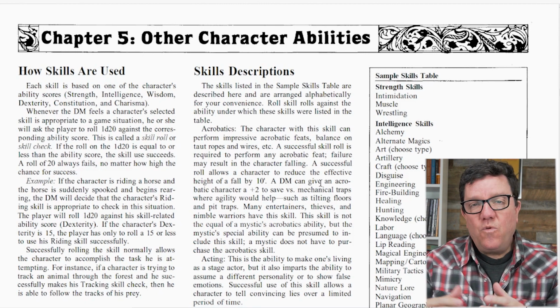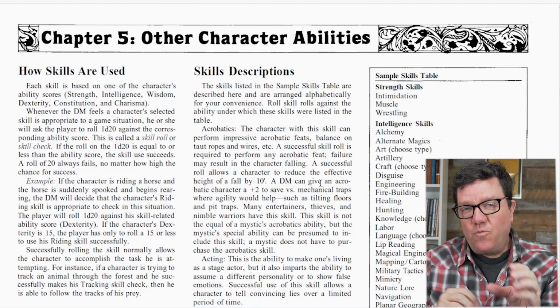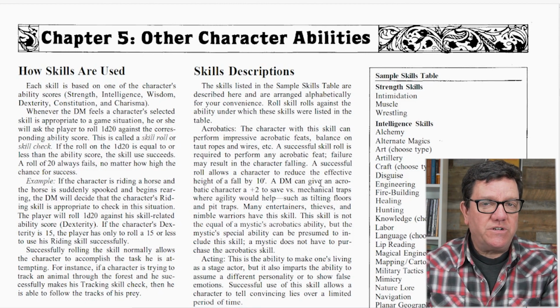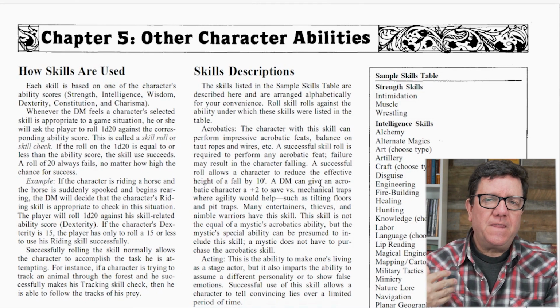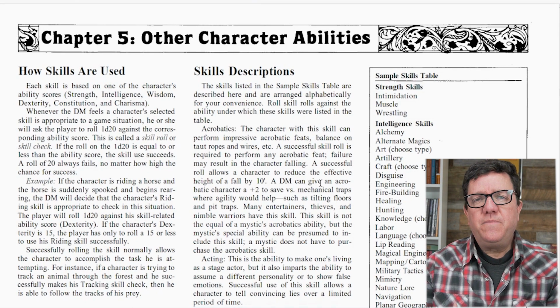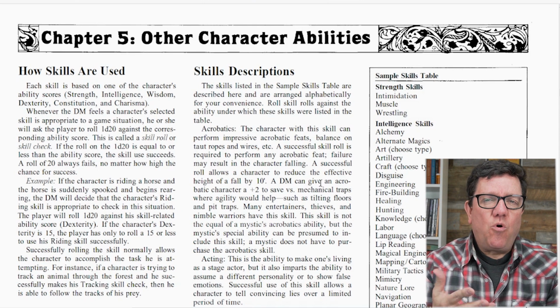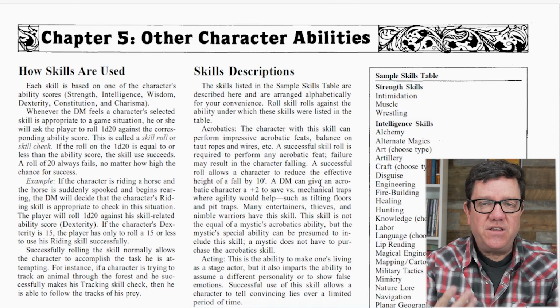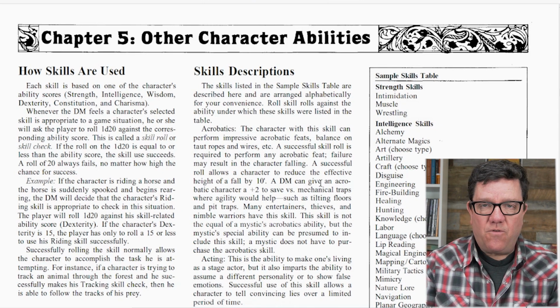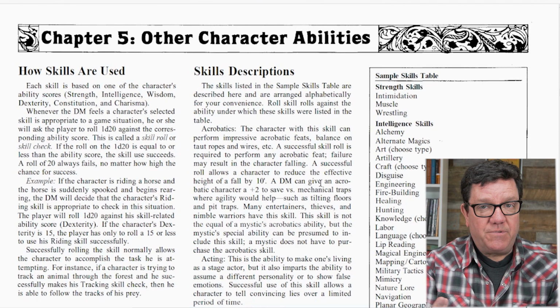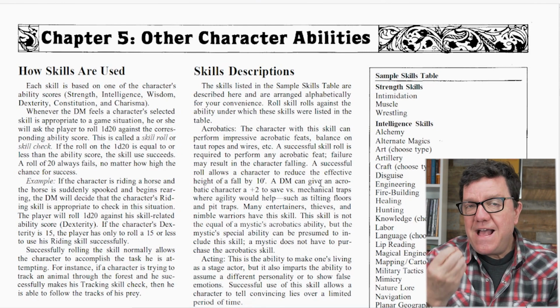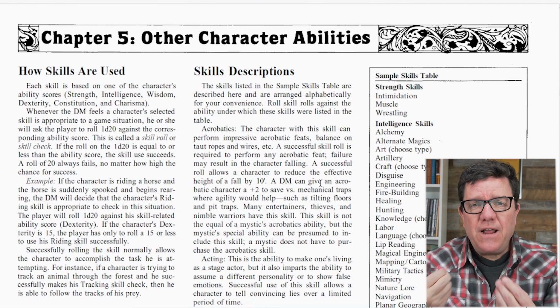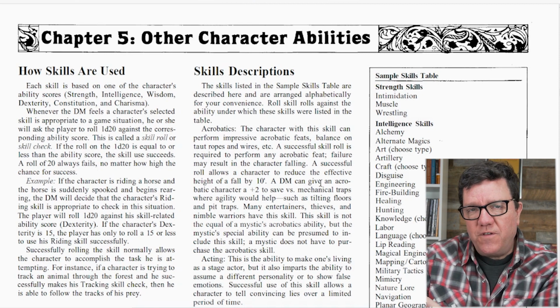But what they talk about, when they show you the different abilities in these skills, is what skills correlate to which characteristics. And basically, to do something, you roll a d20, and the idea is to roll equal to or under your characteristic. So if you try to do a dex check and you have a 12 dex, you need a 12 or under, right? If you have an 18 dex, 18 or under, and so on. If you have 3 dex, well, forget it, but you could try to do it. And that's the thing to think about when players are asking you, hey, can I jump over this thing, or can I